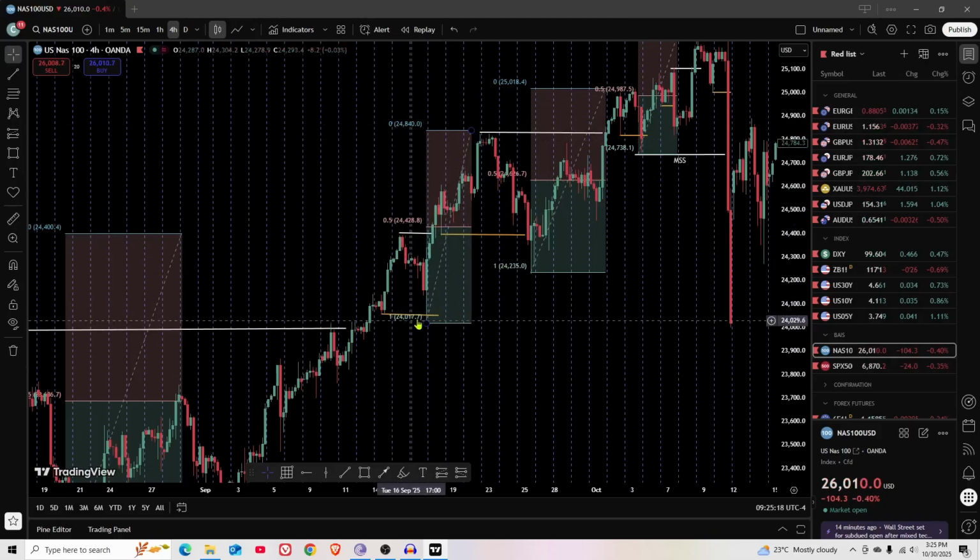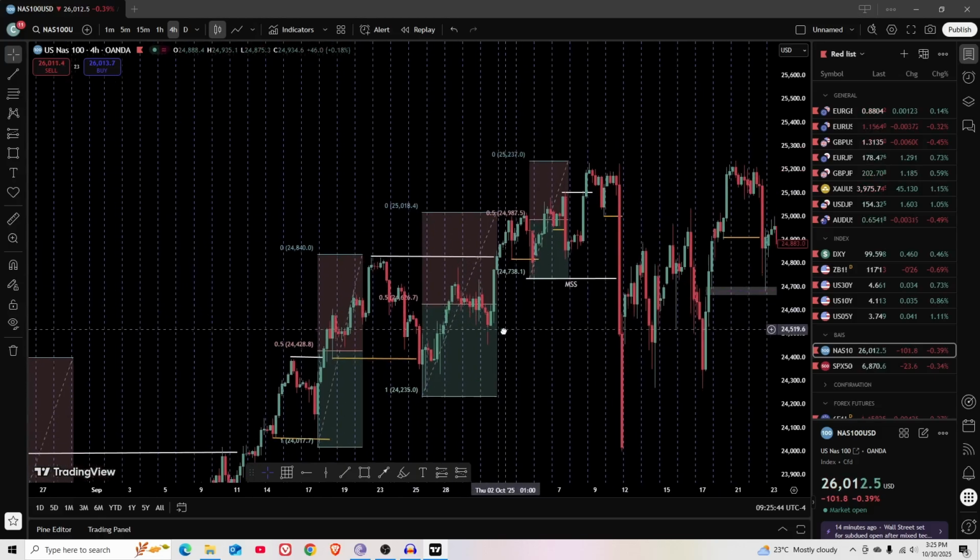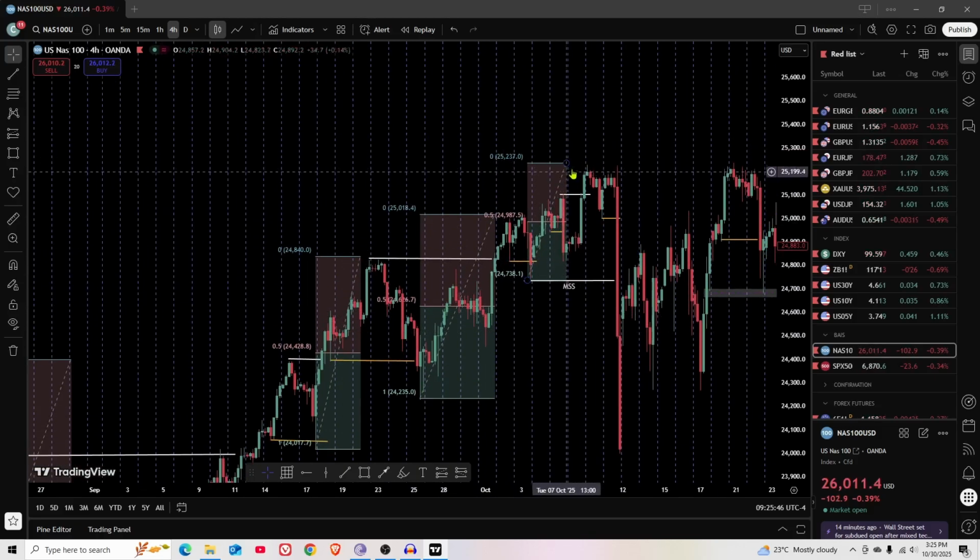Now we have a dealing range low, a dealing range high. We have liquidity, which is your swing low, the market takes out that low below 50%, then we move higher. We take out that high, we have a dealing range low, dealing range high. The market takes out a swing low right there, just above 50%, and the market pushes higher, taking out that